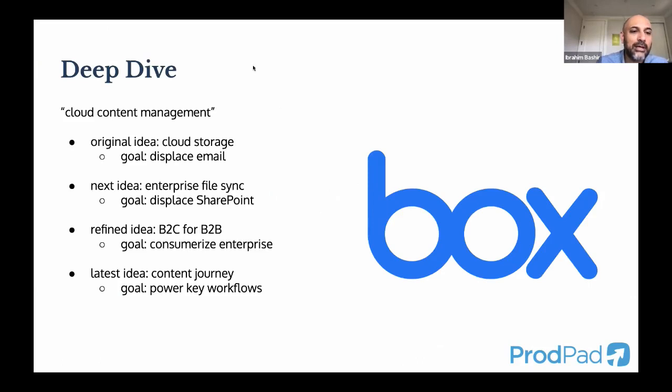The tagline for Box, if you just Google on their website, is cloud content management. It's basically about putting your content in the cloud and making it accessible to the right people at the right time with the right compliance mode. So it's very heavily used in the enterprise where data breaches or privacy controls or access controls are paramount. And if you think about the journey of Box, which I did, having worked there for 3 years, their original idea was we're just cloud storage, right? They were like, hey, why email yourself this file, put it in Box, and then you can access it when you need it. That was their original idea.